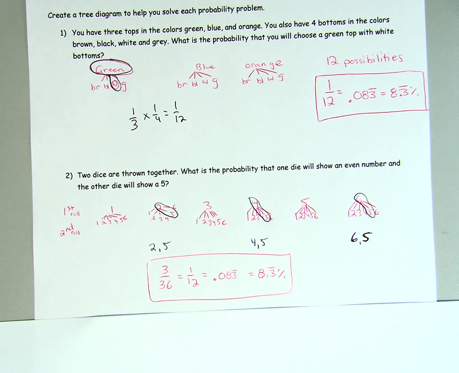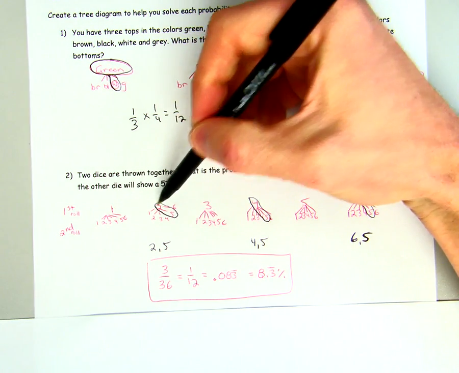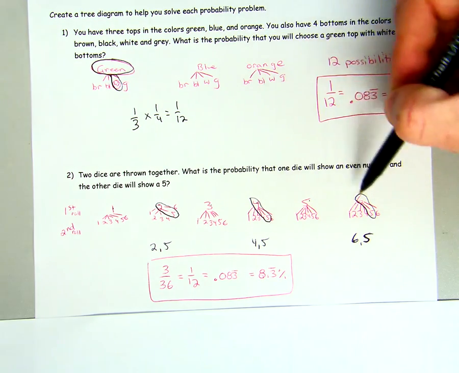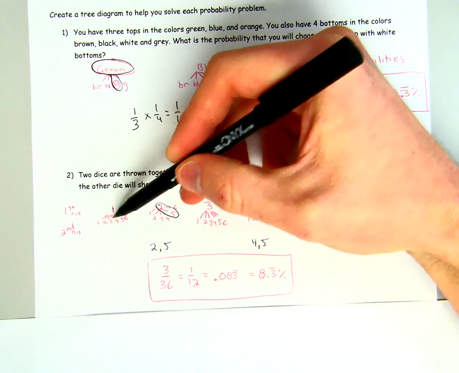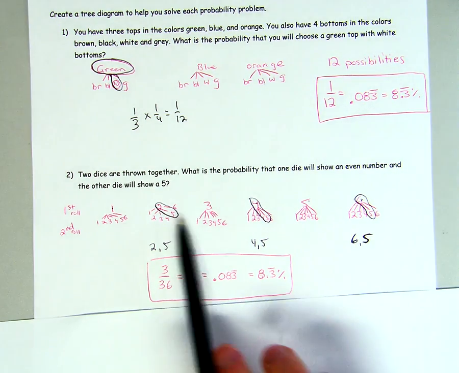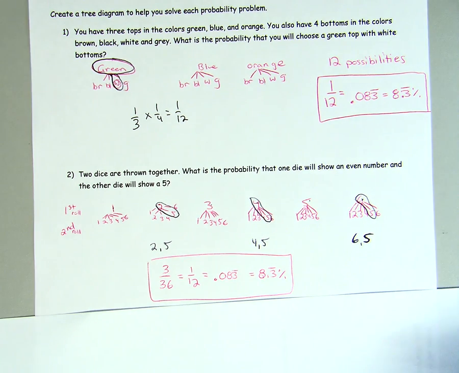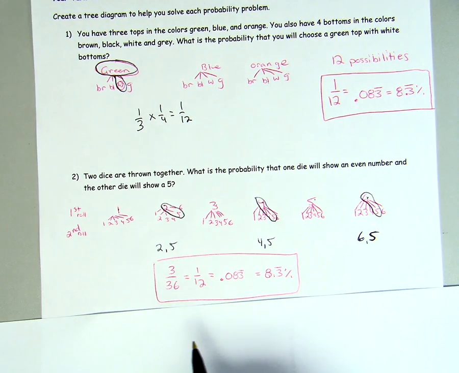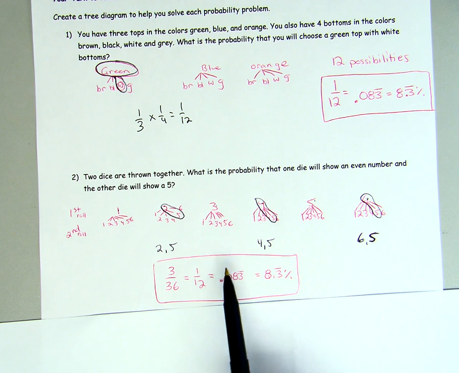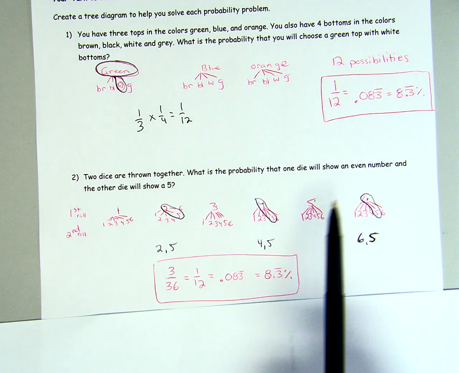2 dice are thrown together. What is the probability 1 die will show an even number and the other die will show a 5? So if I look at my first roll here, that's my 1, 2, 3, 4, 5, and 6. I bring down 1, 2, 3, 4, 5, 6 off of each of those as well, giving me a total of 36 options. Okay. But my question asks me, how can I get an even number and